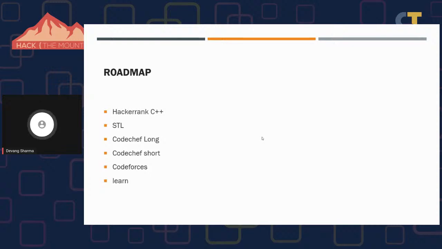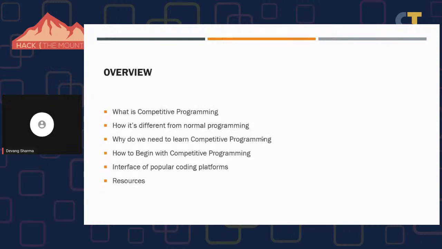You can mull over and drill those things, like how this person got the idea to use this approach, why not me? If you put your mind on these things, it will help you a lot in building the concepts and getting a good rank on competitive programming sites. Okay, so